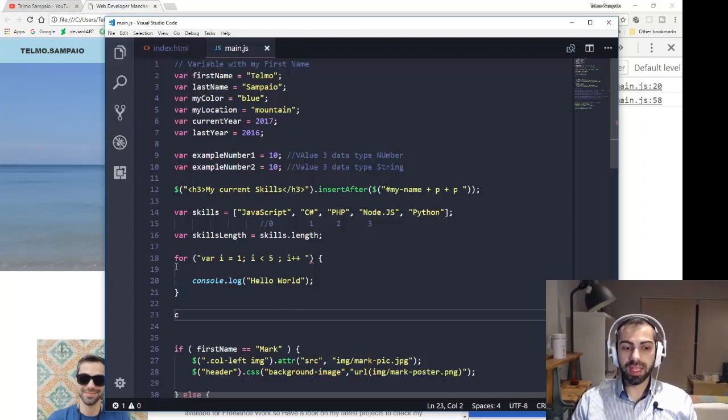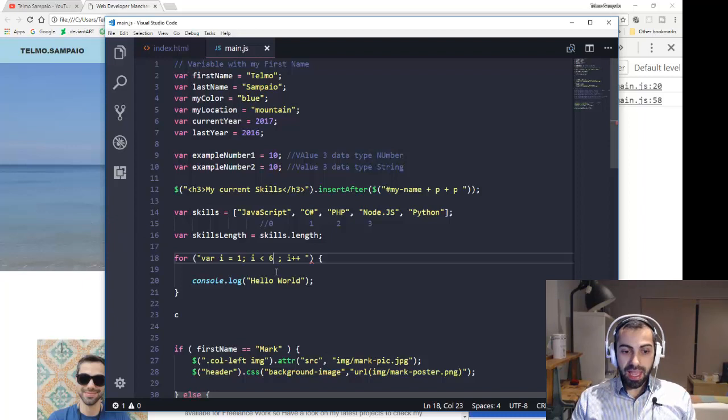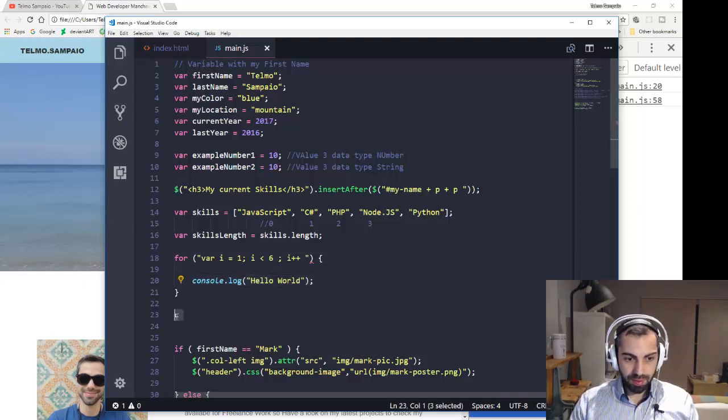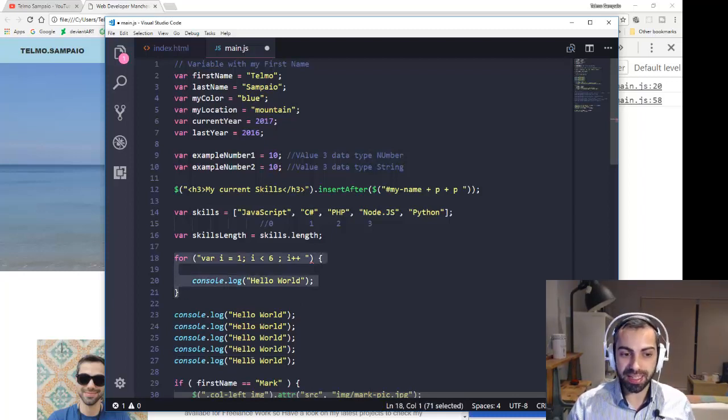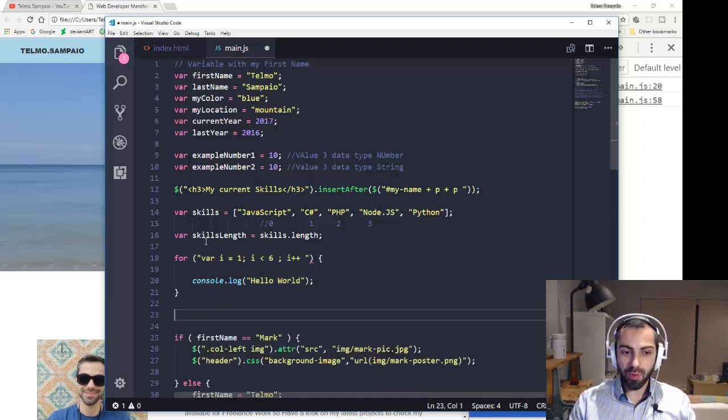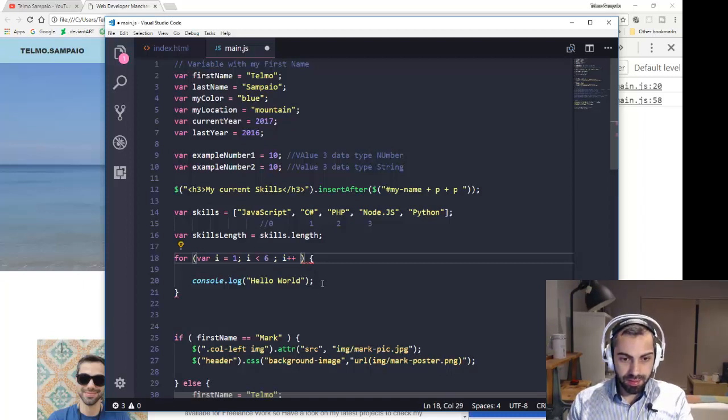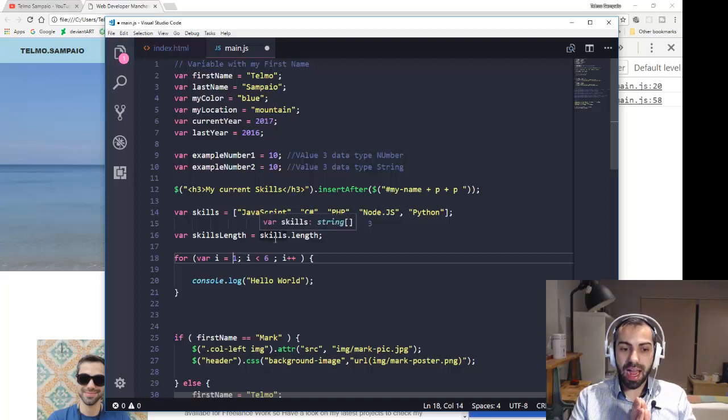So basically what I'm doing with this for loop, imagine for some reason I would like to put on the console.log hello world 5 times, let's say. Instead of putting this, for example, I could do this 1, 2, 3, 4, 5. I could do this, but why should I be repeating myself when I can use a for loop just like this one? And basically, what is this for loop doing is, we are going to create inside of this for loop a variable called var i equals 1. So we are going to start with i equals 1,